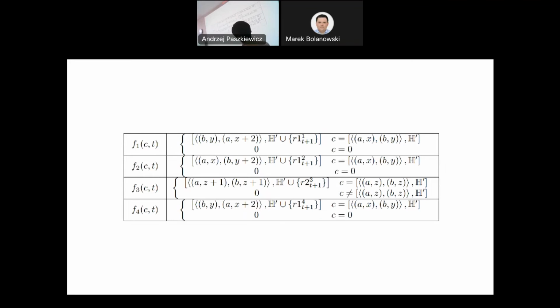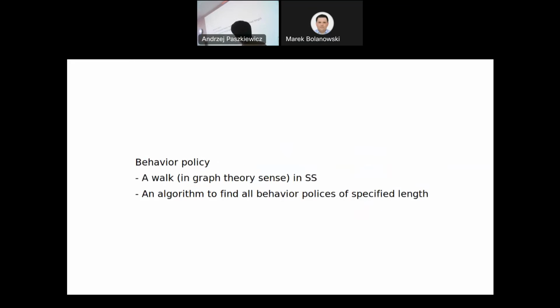look like this. This is just for the record to emphasize that each of these functions is very easy to compute. The first argument is an element of the set called cursors, of possible cursors of the mission, and the second one is time, the length of which activity we take under consideration. Okay, finally, if we define behavior policy as a walk in graph theory sense in state space,